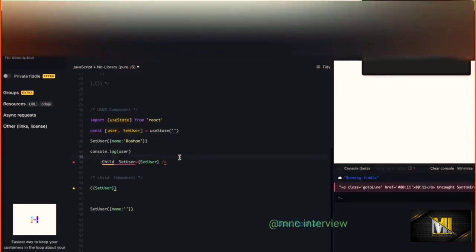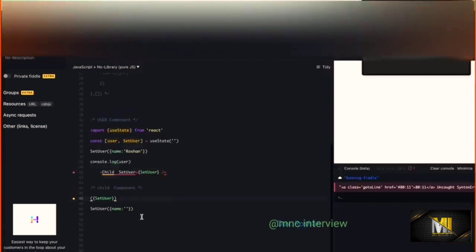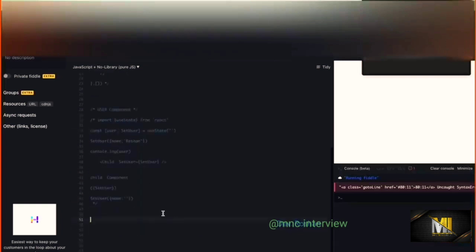How can we avoid prop drilling? Using Redux, we can avoid these things. So other than Redux, any other? Yes, we have many things, like the context API. Okay, so can you explain what exactly the context API is and what is the difference between Redux and the context API? Actually, for now, I'm not using the context API. I have used it for learning purposes, so I don't know much about the difference. But for Redux, we can achieve